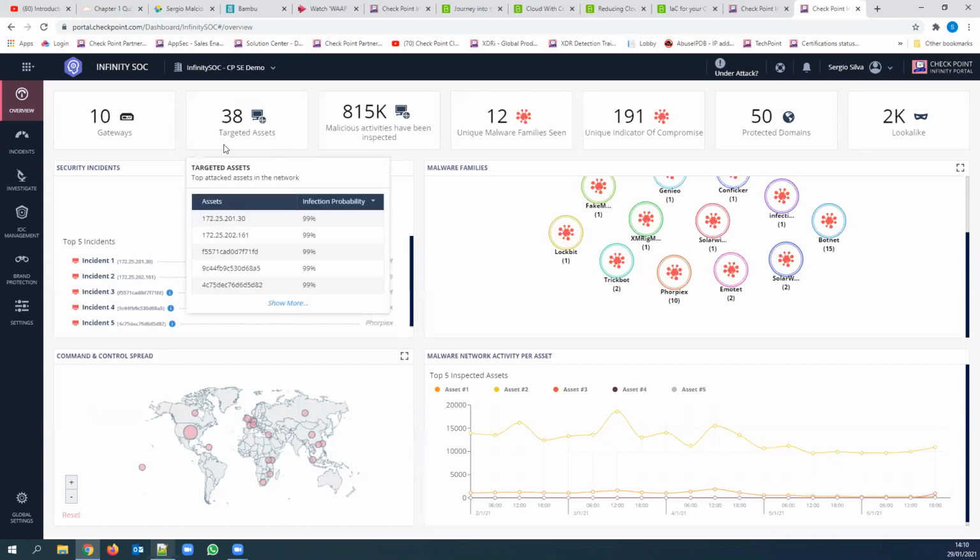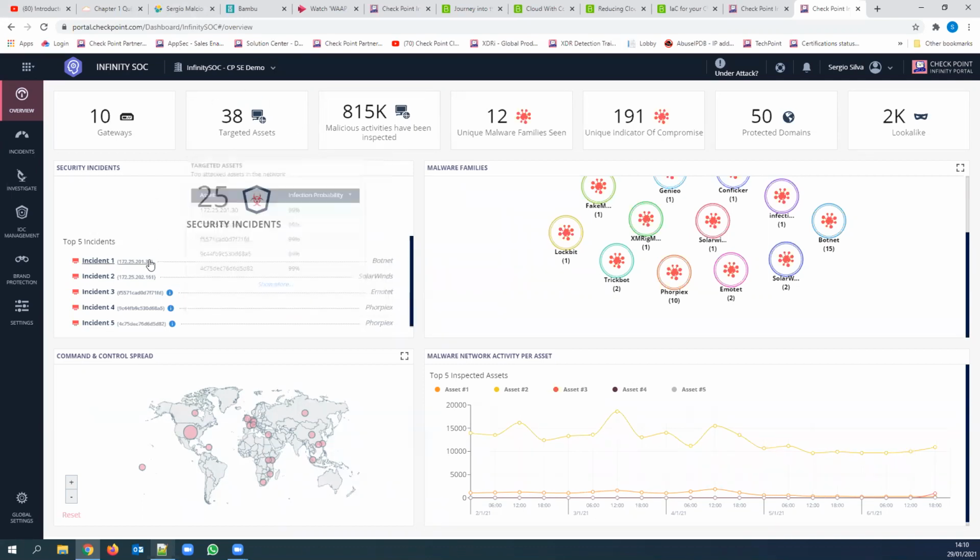because from these 39 different assets, we have nominated that there are 25 assets ranging from a high confidence level that they are actually compromised to others that might have different levels of confidence. Maybe they've only tried to reach a pre-infection site and we've blocked that connection, but they're still trying to reach it. So we need to look further into those cases to see what exactly they're trying to do. But the ultimate point here is that